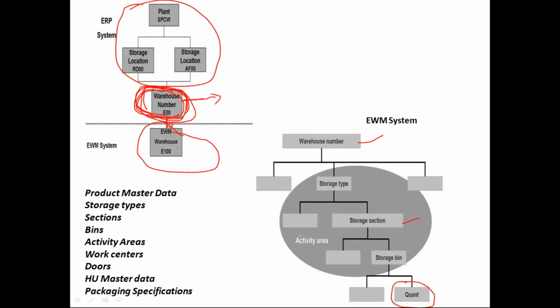And in EWM, there is something called an activity area. This activity area plays a crucial role in many of the configurations, I would say, in EWM. So an activity area is nothing but a logical grouping of bins. It's not a physical grouping, it's a logical grouping. When I say logical grouping, it's only in the system. You group some bins into an activity area for some of the configurations, which will provide some flexibility to your warehouse operations business. For this reason, we use activity areas.